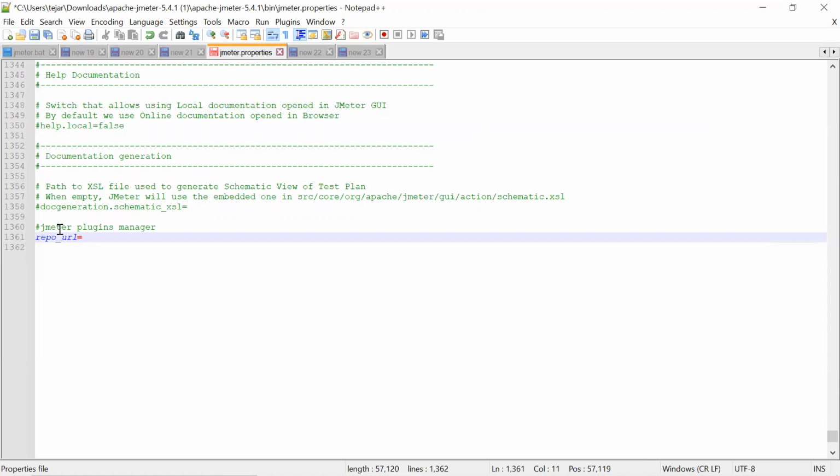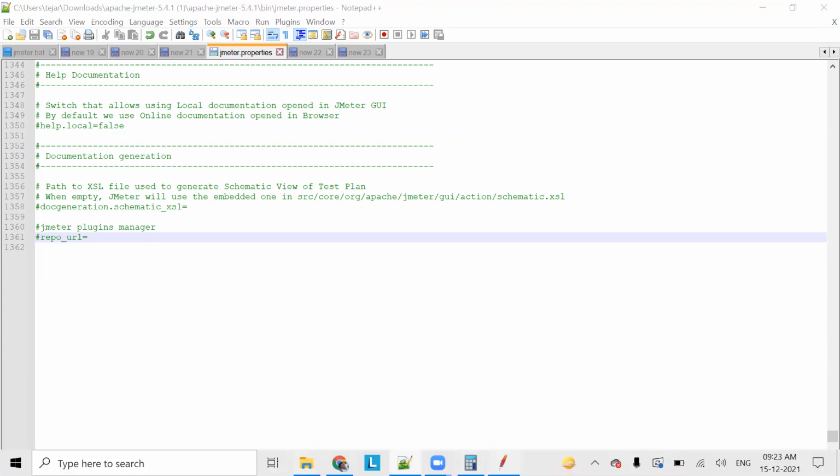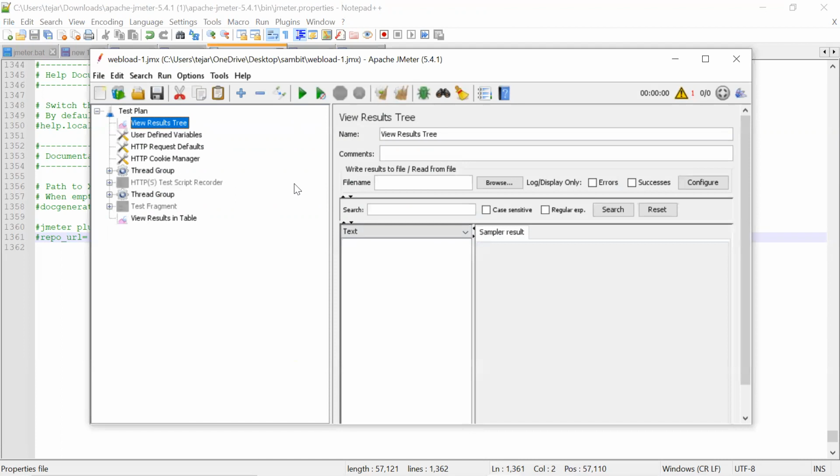Okay. Right. So in the interview, they will ask most of these things, like how you download the plugin from companies like this. Whatever your company is giving, you just update here and restart so that JMeter picks it up from that.